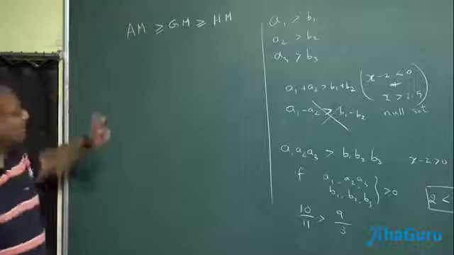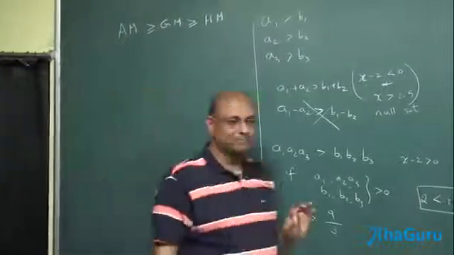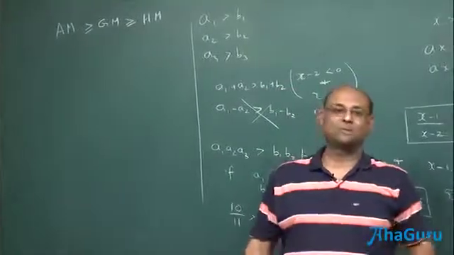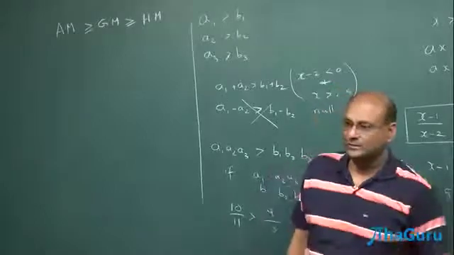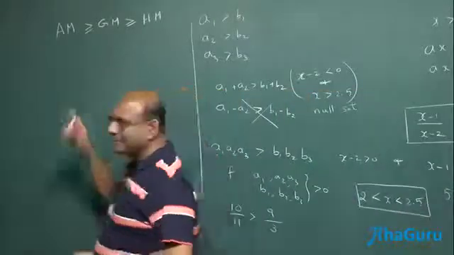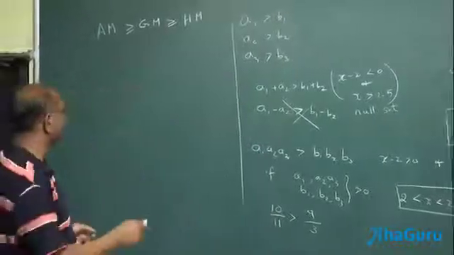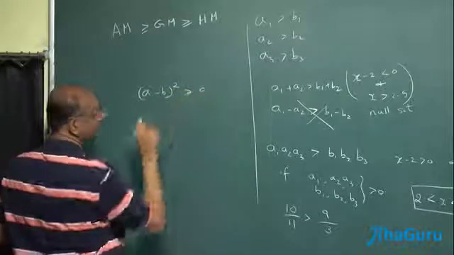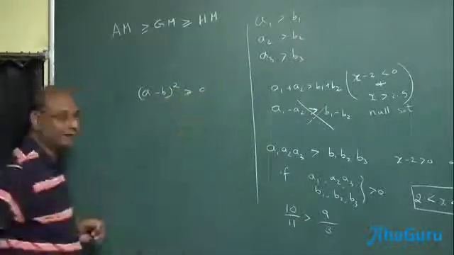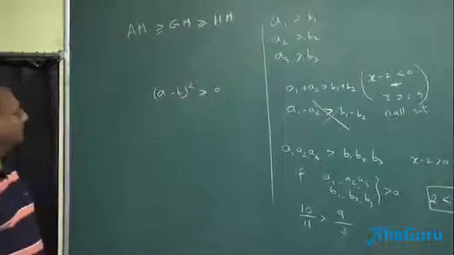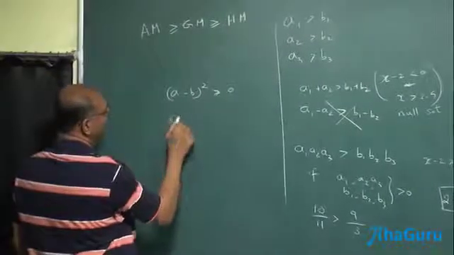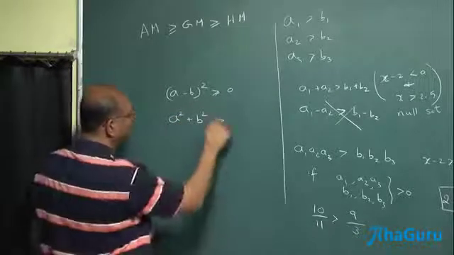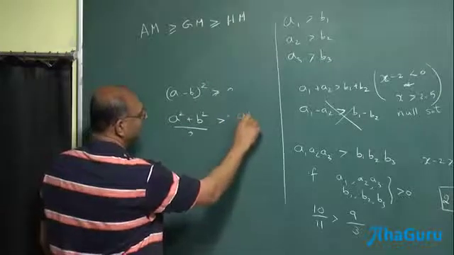Now lots of inequalities depend on one simple idea. a minus b could be positive or negative, but a minus b whole square is definitely greater than or equal to 0. So the arithmetic mean basic rule starts with that. a minus b whole square is greater than or equal to 0. And when is equality valid? When a is equal to b. If I now expand this out, I'm going to get a square plus b square must be greater than or equal to 2ab, which I'll write like this.